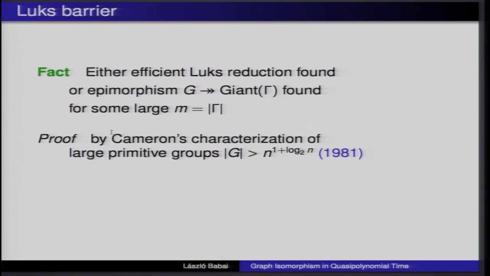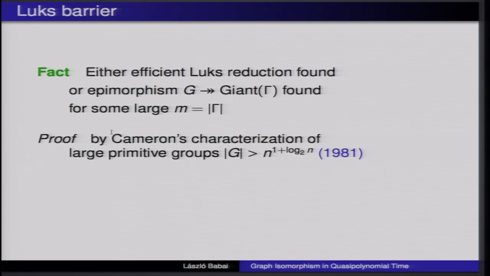So now, the algorithm starts by using Luks's algorithm. Luks's algorithm is a divide and conquer algorithm. If there are orbits, we process them by orbit. Then we look at just one orbit. If there are domains of imprimitivity, then we try to descend to that normal subgroup. So the question then is, what is the action on that normal subgroup? And if that is large, then we have a problem. Okay? And the fact is that this situation